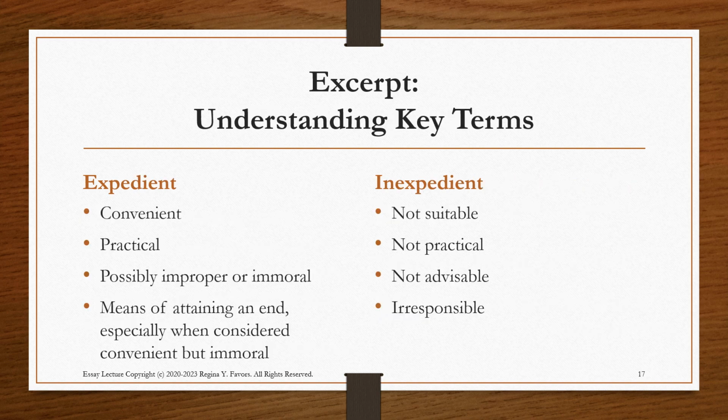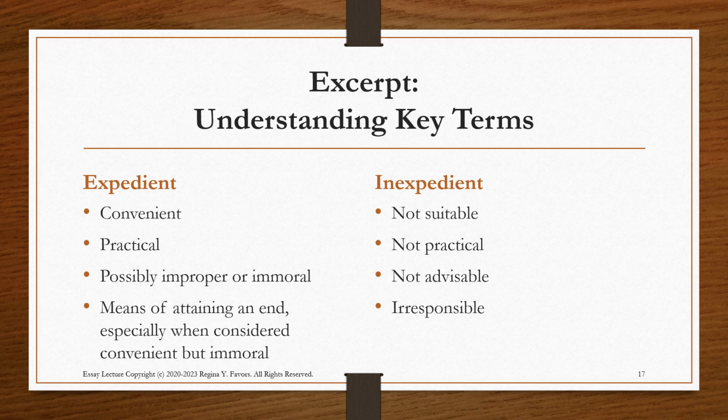So the best way to understand then is to understand the difference between expedient and inexpedient. Now, remember, this was published in 1849. We are in 2023. So how we look at these words, we still may be viewing them through the lens of a 21st century understanding, whereas that was a 19th century understanding of expedient and inexpedient. So do keep that in mind. You may want to take some time to look up the genealogy of that word as just a practice.